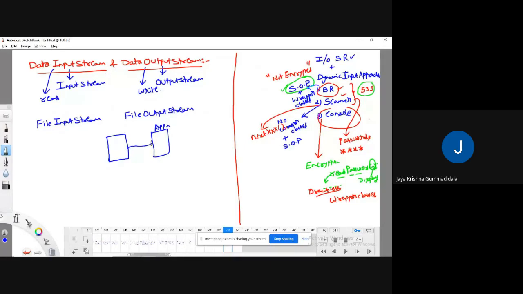from this file, if you want to read the data, we'll use file input stream. From this application, if you want to write the data, we will use file output stream. Okay, fine. What are the various kinds of methods supported by the file input stream and file output stream? Generally, to access any feature, first we need to create the object for the file input stream class, right? Yes. After creating the object, for example, I have created the object named FIS.